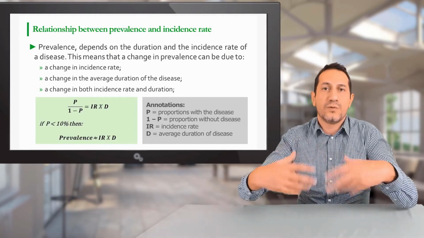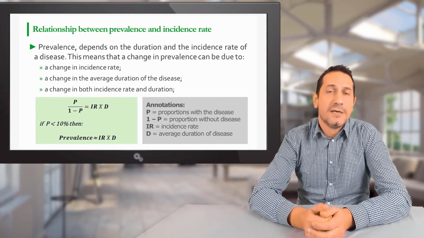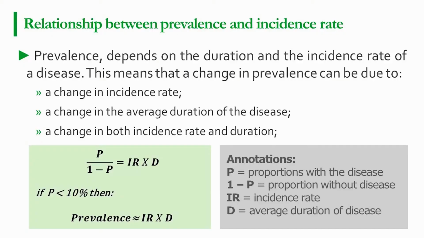We would then find a mathematical relationship: the proportion of animals with disease over 1 minus the proportion with disease, I mean, the proportion of animals without the disease,